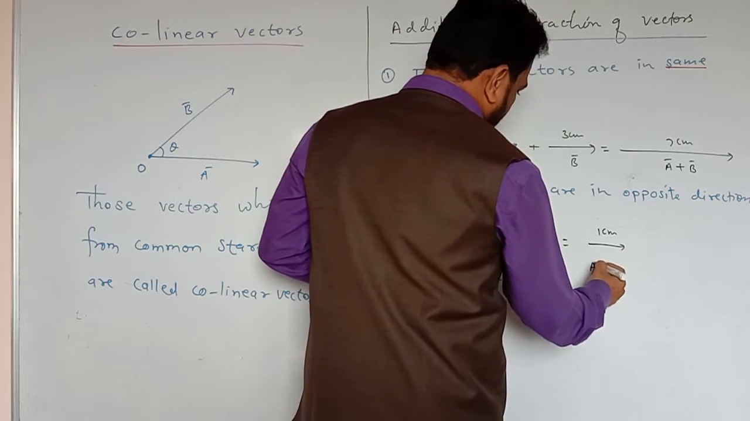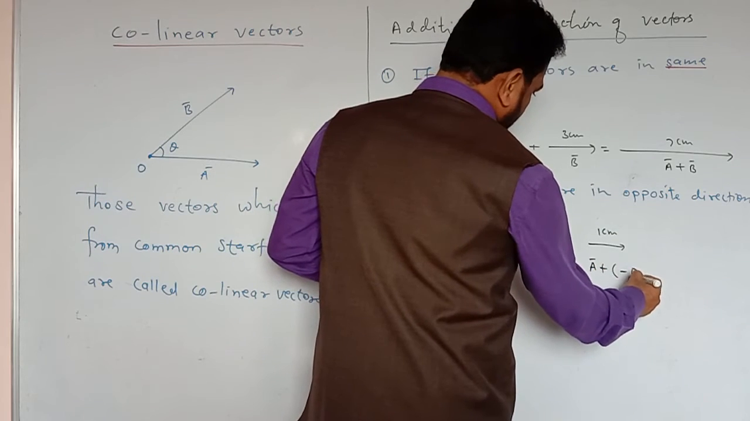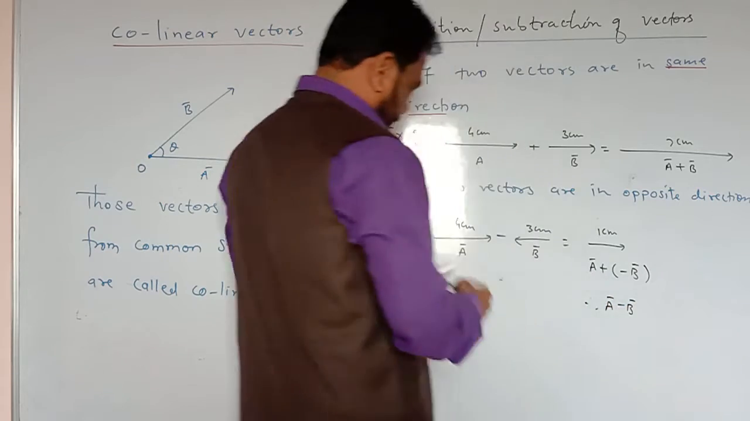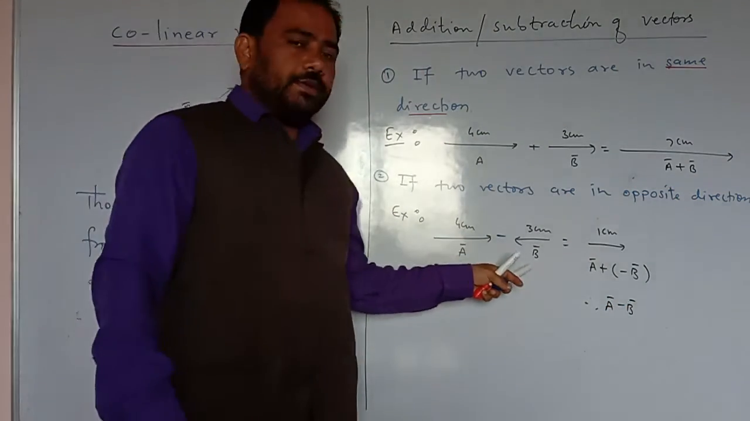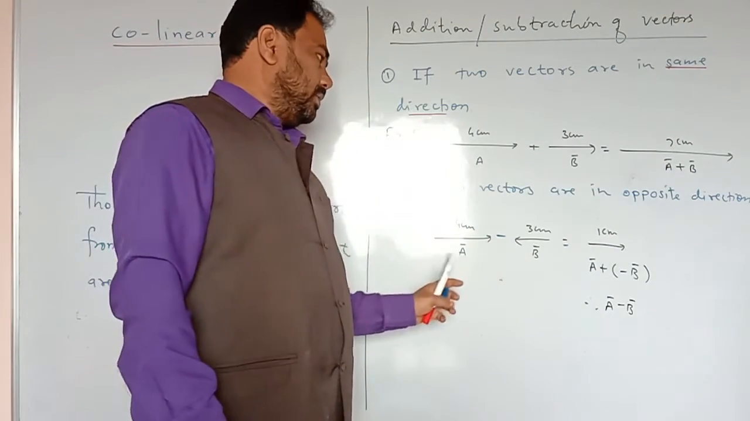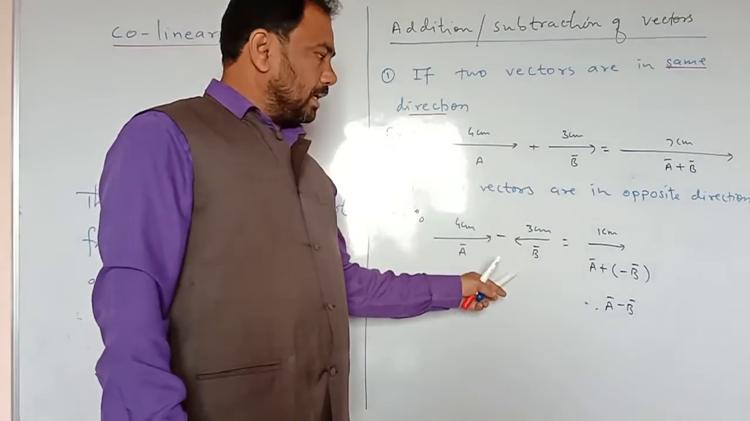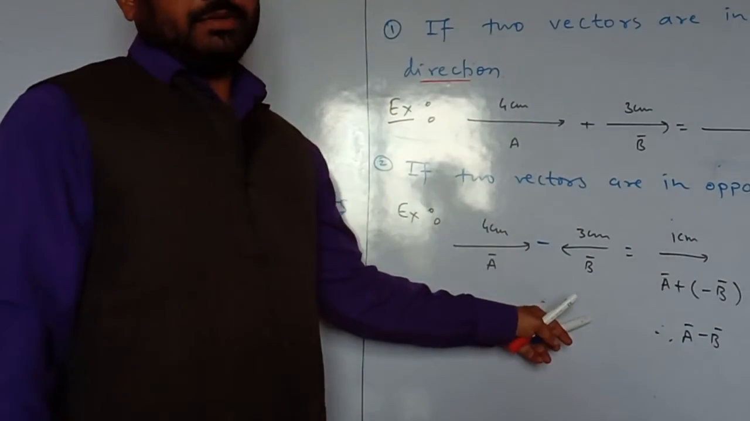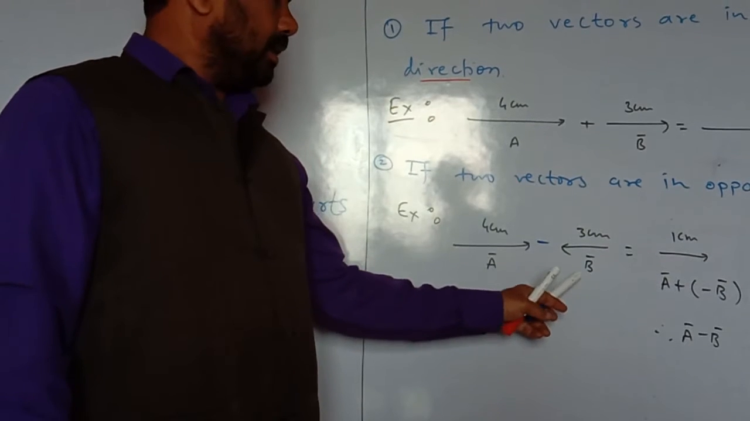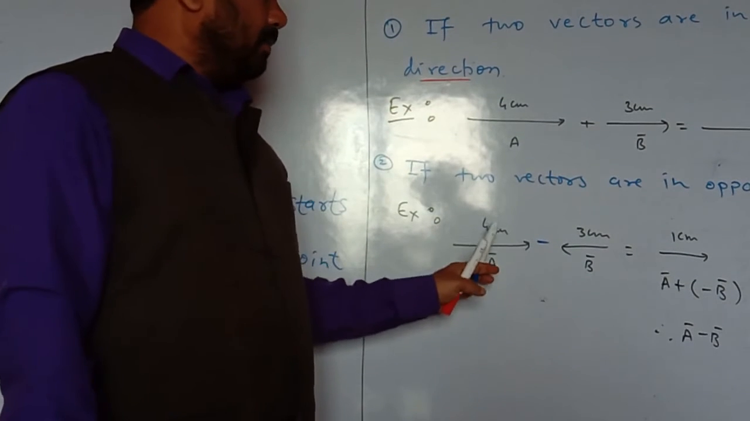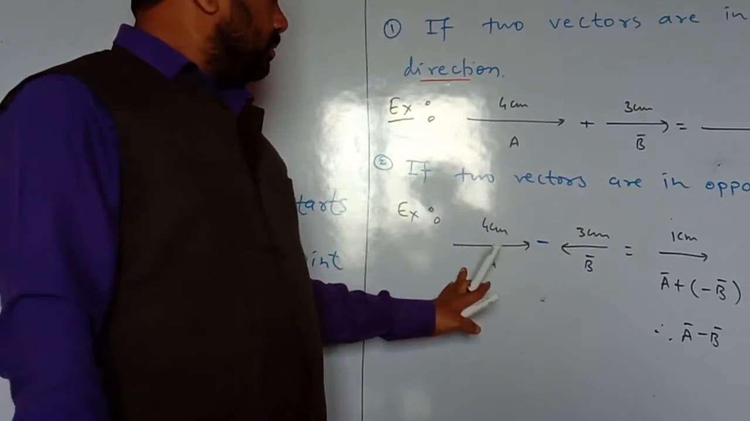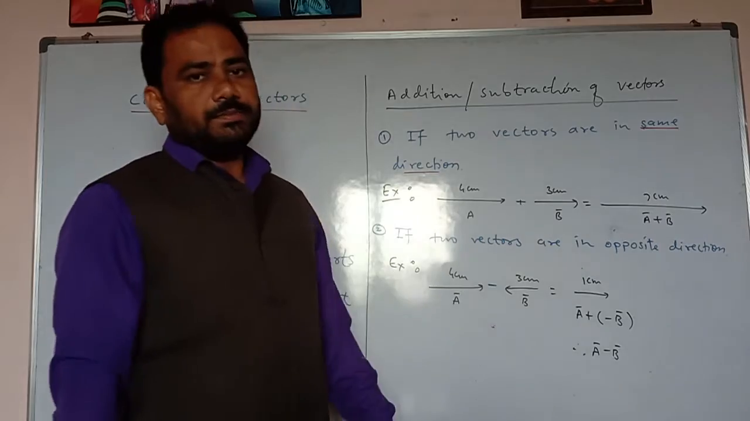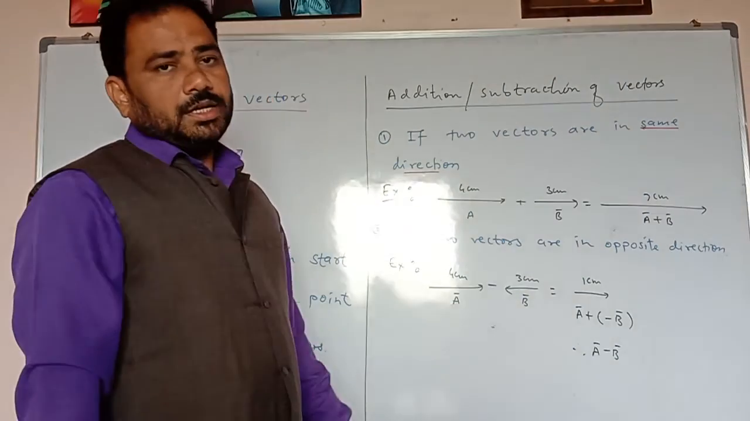It means vector A plus minus vector B. Therefore we can write vector A minus vector B. This second vector, vector B, is in the opposite direction, so that's why we are taking minus B. Minus B stands for what? A negative vector. So we can easily subtract them. Vector A minus vector B means the subtraction of two vectors, and we get the resultant